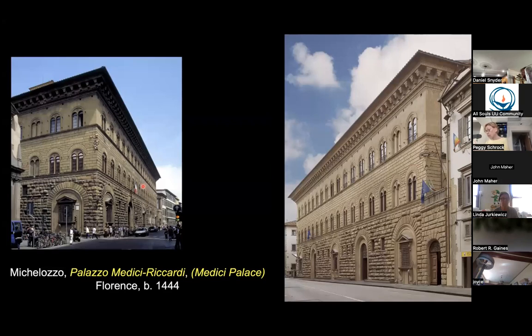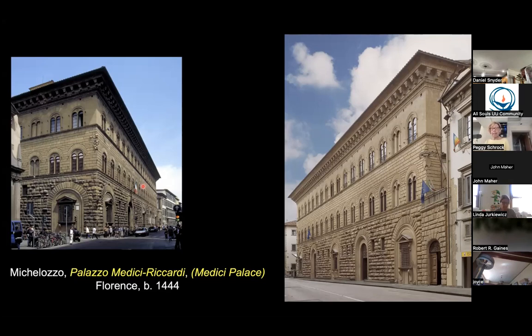Other architecture, and this is designed by Michelozzo. This is the Palazzo Medici Riccardi, or the Medici Palace, sometimes called the Palazzo Medici. Riccardi is simply the family that owned it later. After that, it became the French school. We'll talk about that in the 17th century. Anyway,